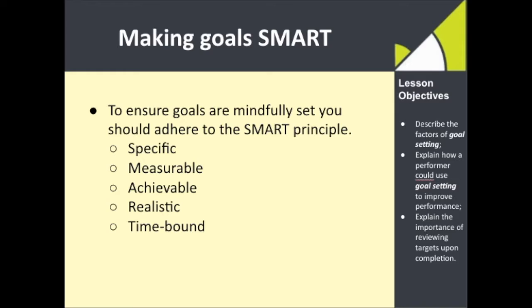So if you think of a marathon, if you set yourself a target of doing a 1 hour marathon, then clearly that's not achievable because the current world record is just over 2 hours. So the goal needs to be able to be achieved. And then it needs to be realistic for you as an individual. So say you set a 100-meter target of 9.58 seconds. Now, Usain Bolt has run 9.58 seconds, so that is achievable, but it's probably unrealistic for any of us mere mortals who aren't world-class sprinters.